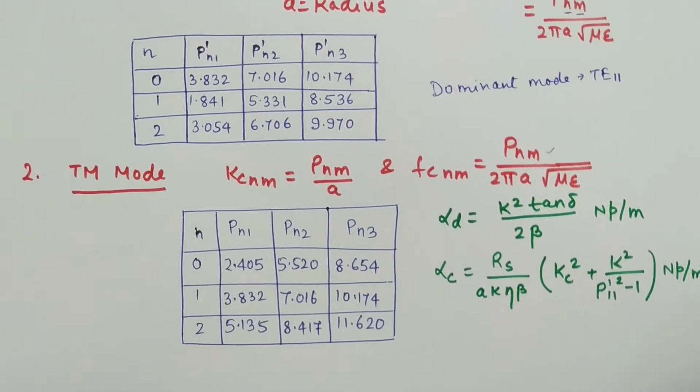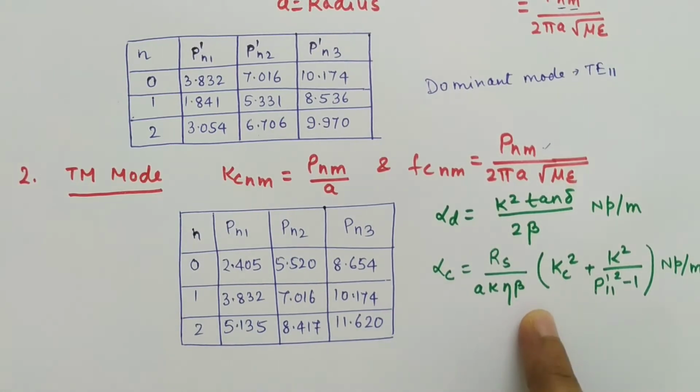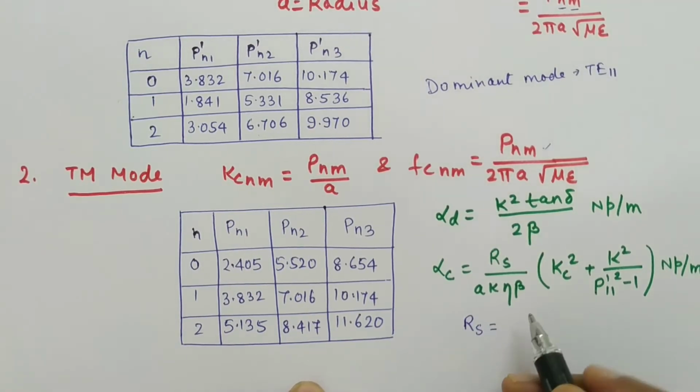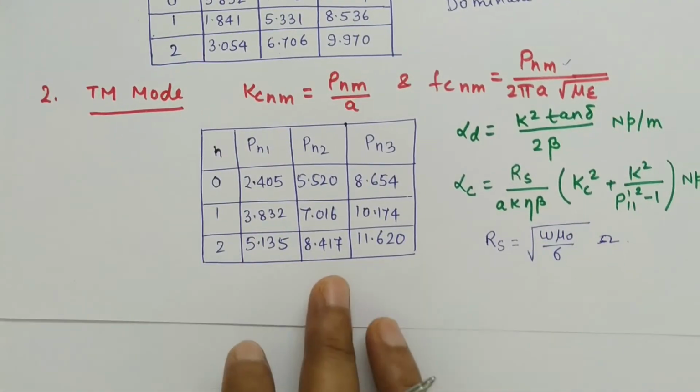and hence the attenuation due to conductor is calculated for the dominant mode, where Rs is called the surface resistance of the conductor, and this is given as square root of omega mu naught by sigma. So this will be in terms of ohms,